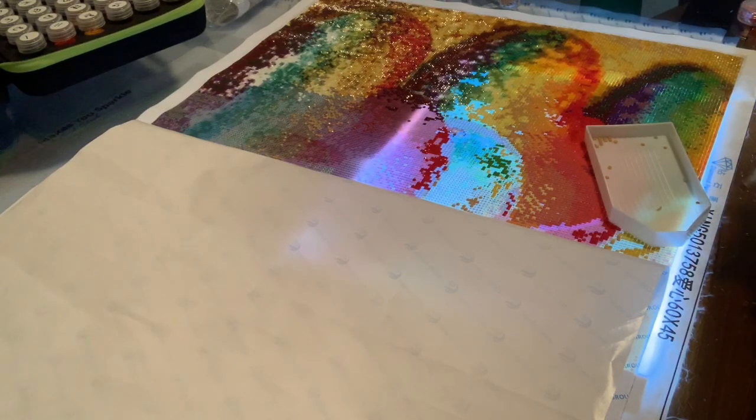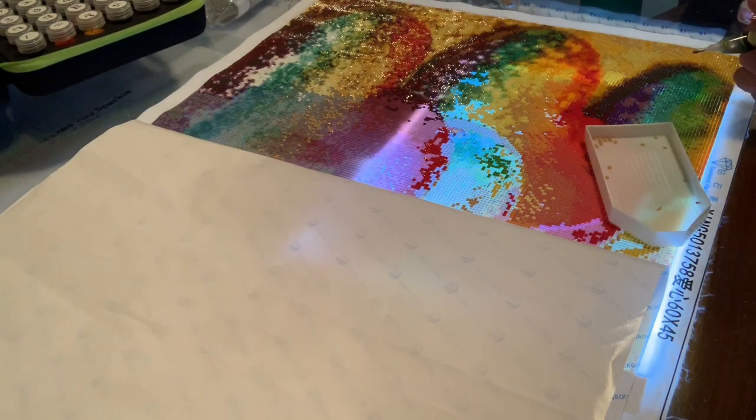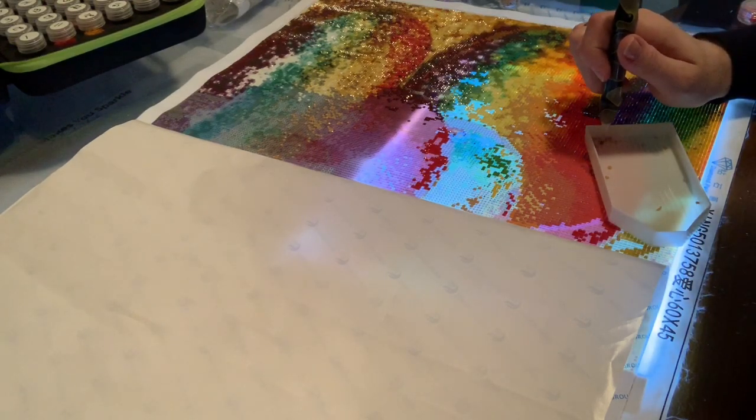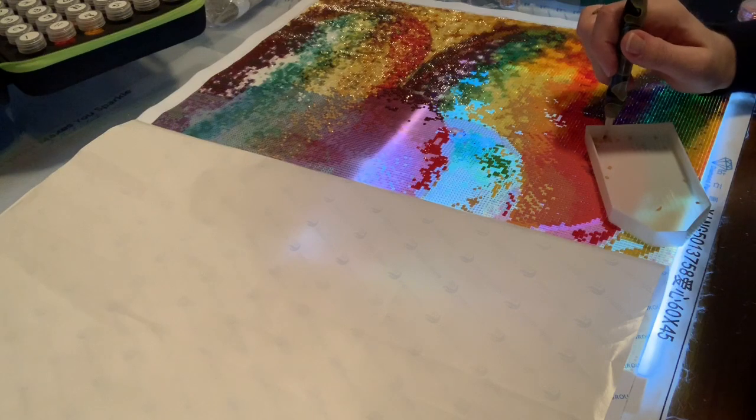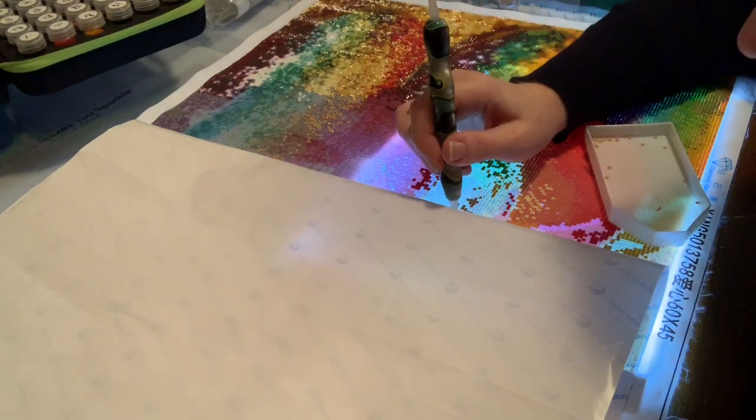It's like a lobster, the lobster claw things that you break your lobsters apart with, the crackers. Yeah, the lobster crackers. Is that what they're called? No, that's not right. I don't know. But yeah, they're like that. And if you're not used to using them on a fairly regular basis, it takes a little while to get used to them. So anyway,